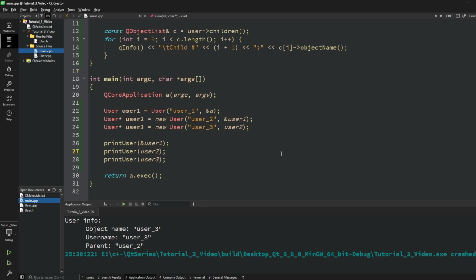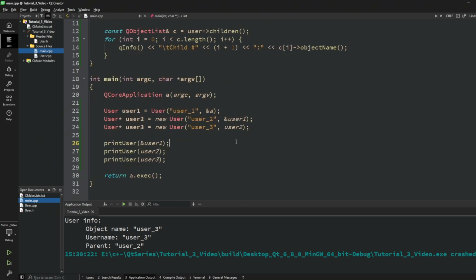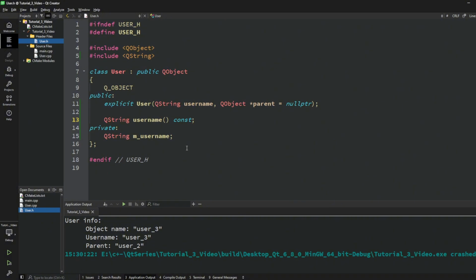There weren't memory leaks, but now I want to cover the situation when our manager class doesn't have a parent. First, just to make some good example, let's add the signal and slot to the